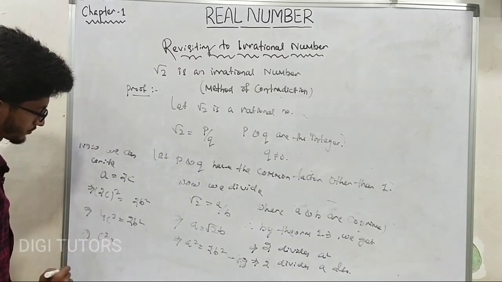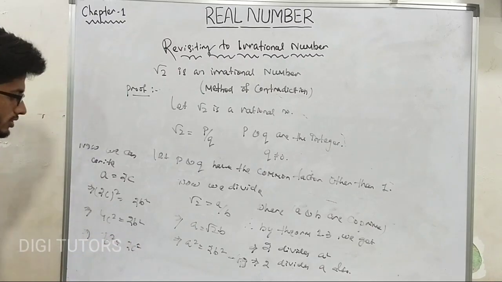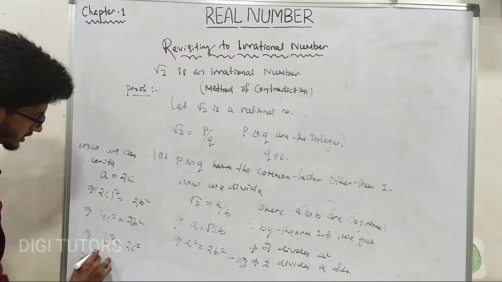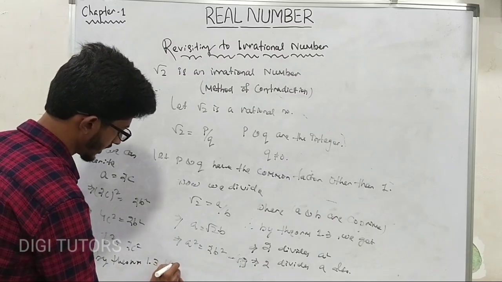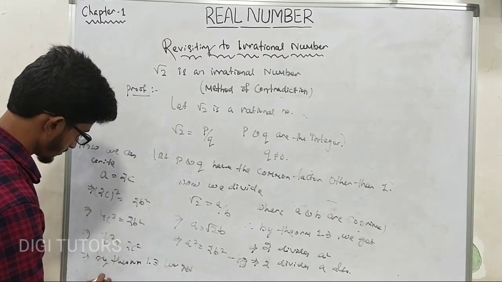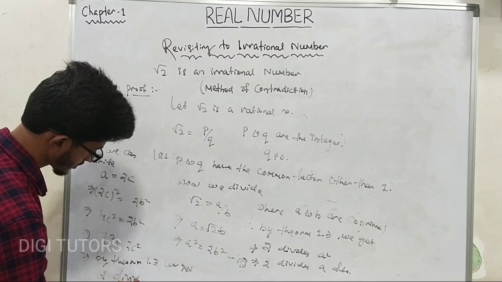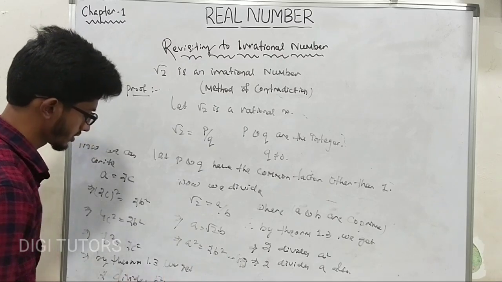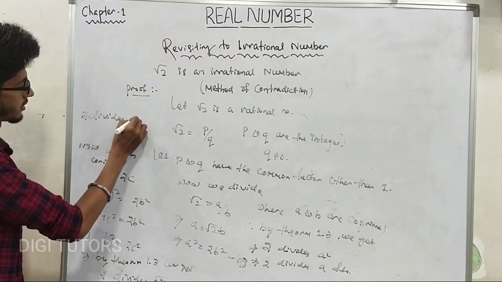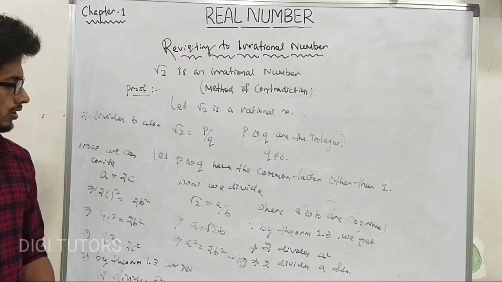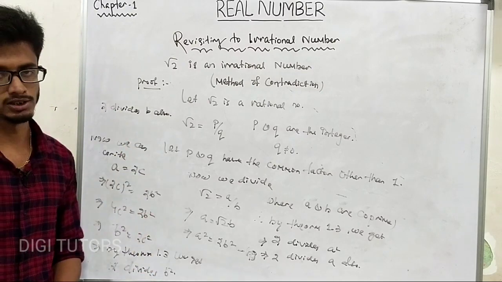or b square equals 2c square. Then by Theorem 1.3 we get 2 divides b square and 2 divides b also. So by Theorem 1.3, 2 divides a square and 2 divides a, and 2 divides b square and 2 divides b also, which means